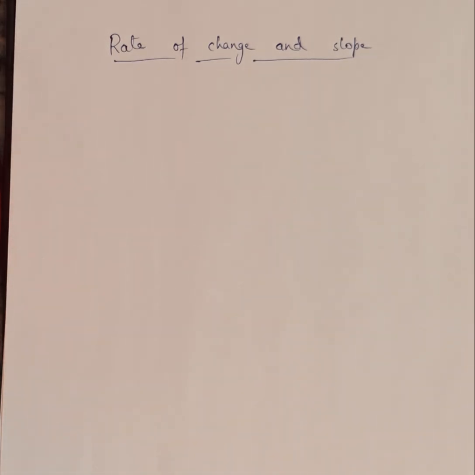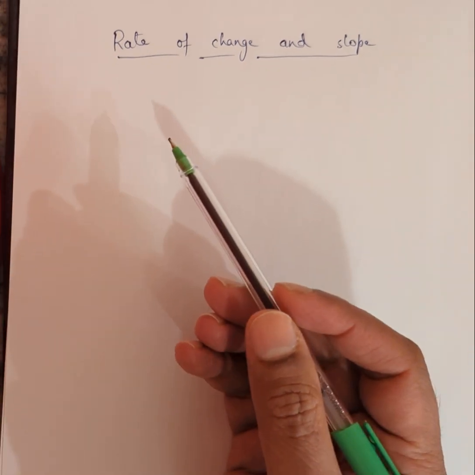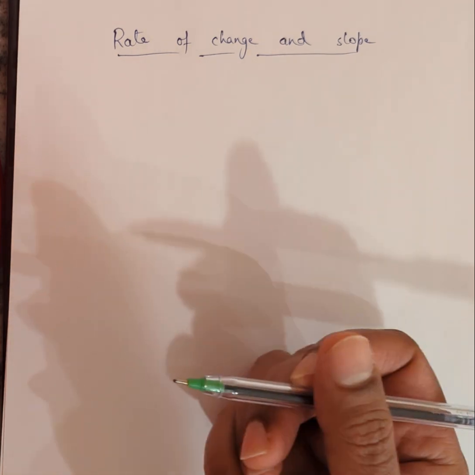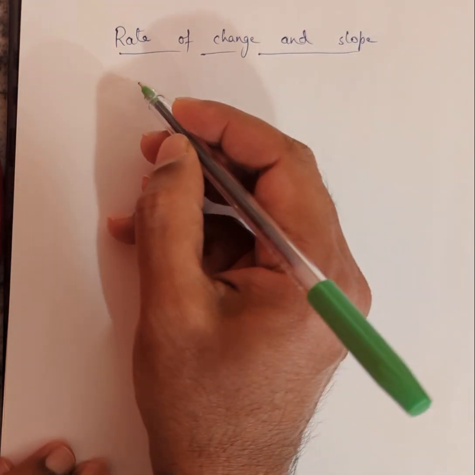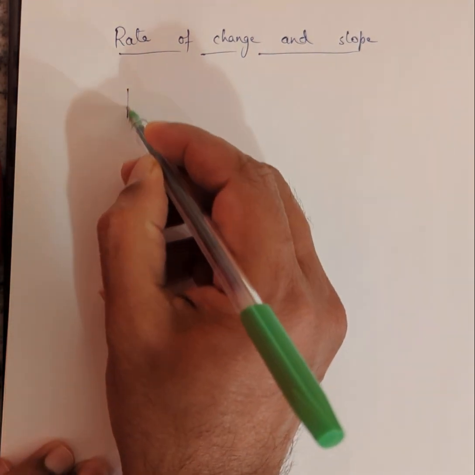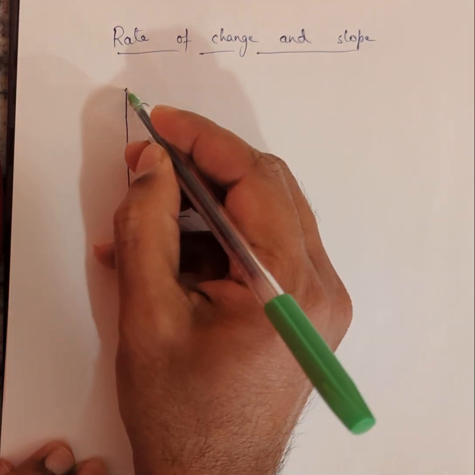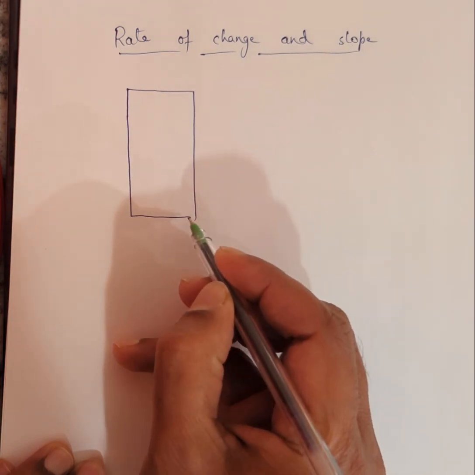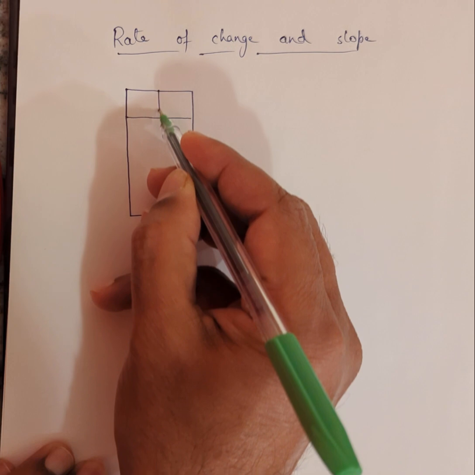Rate of change and slope. When you hear rate of change, usually you will be provided with some data, maybe in the form of a table like the one I'm drawing below. And there will be two variables which are generally labeled as x and y. So that's what I'm going to write in the top row,